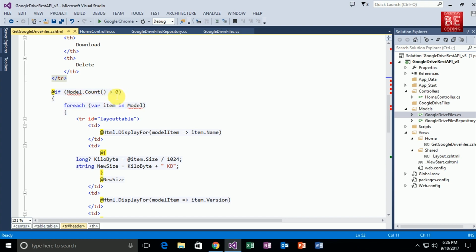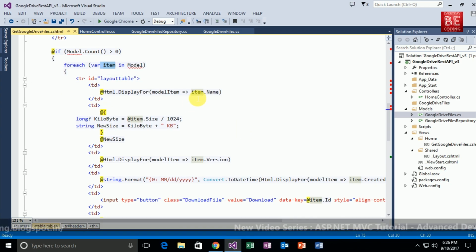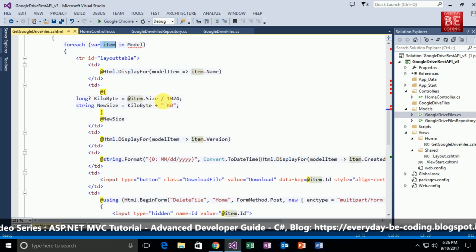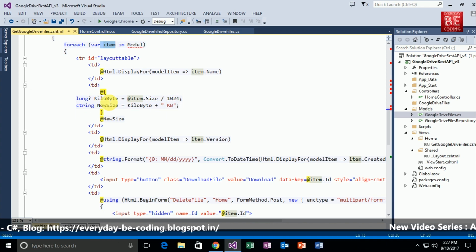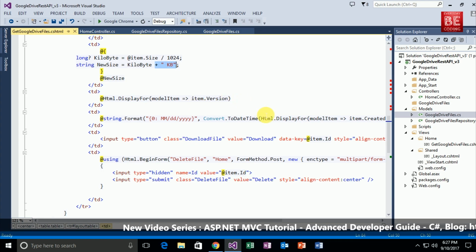If it is not null, then I am looping through and checking each item of the specific model, and I am printing this specific item and its property. First, I am printing item.name. After that, I am printing item.size divided by 1024, and I just specify kilobytes. After that I am printing item.version,